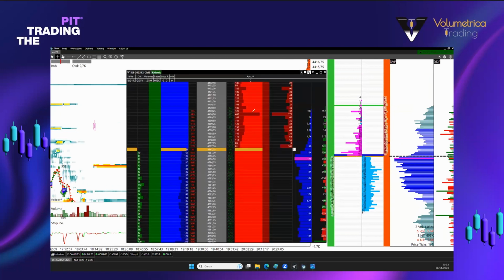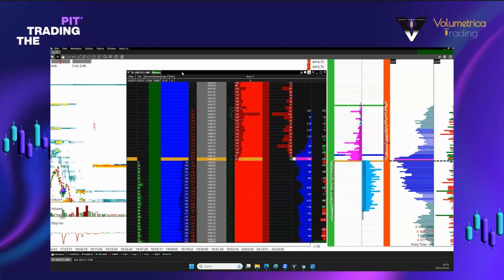Just by looking at an ordinary DOM, I can clearly see there are 400 selling orders waiting to be filled. But from here, I definitely can't tell how long it has been sitting there and if it has changed over time,